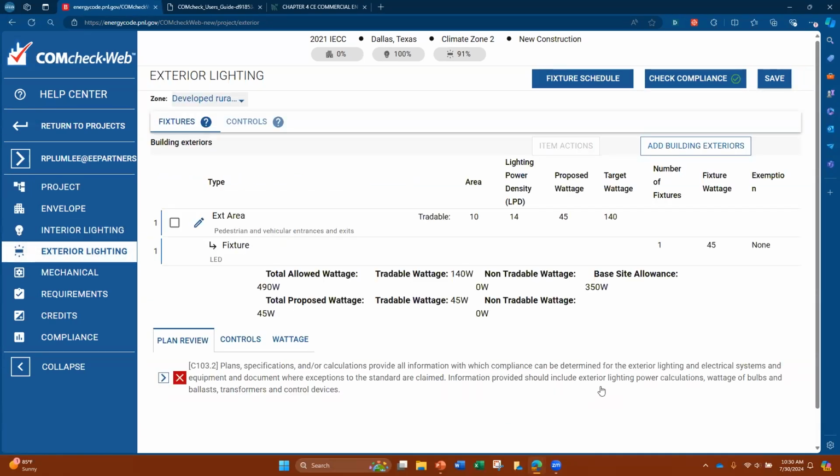Exterior lighting, same kind of thing. You're building each fixture. You're going to look at it from that point. You're going to tell it what zone it's actually in. I just threw numbers out here and said, look, it's area 10 and its lighting density and power is 14. Its proposed wattage is 45. Target wattage is 140. I have one